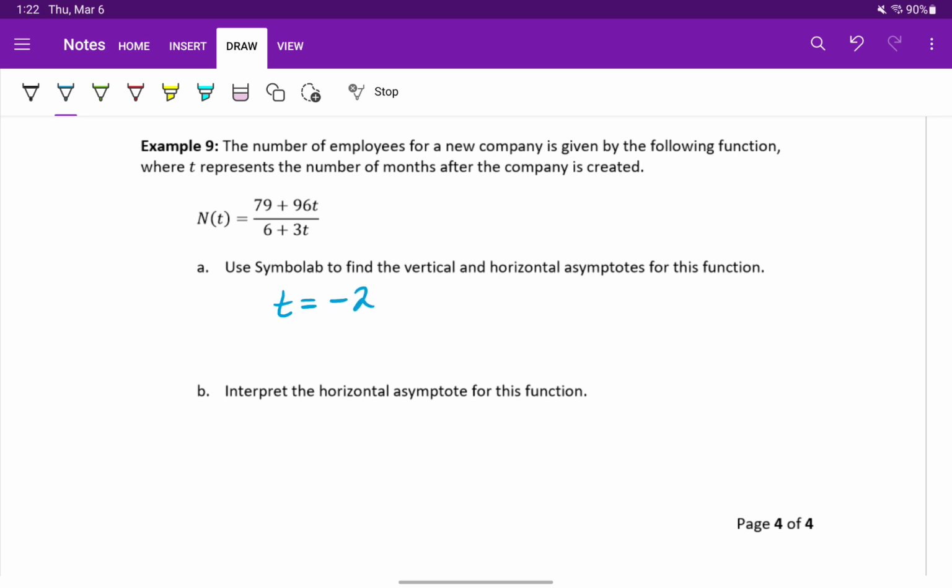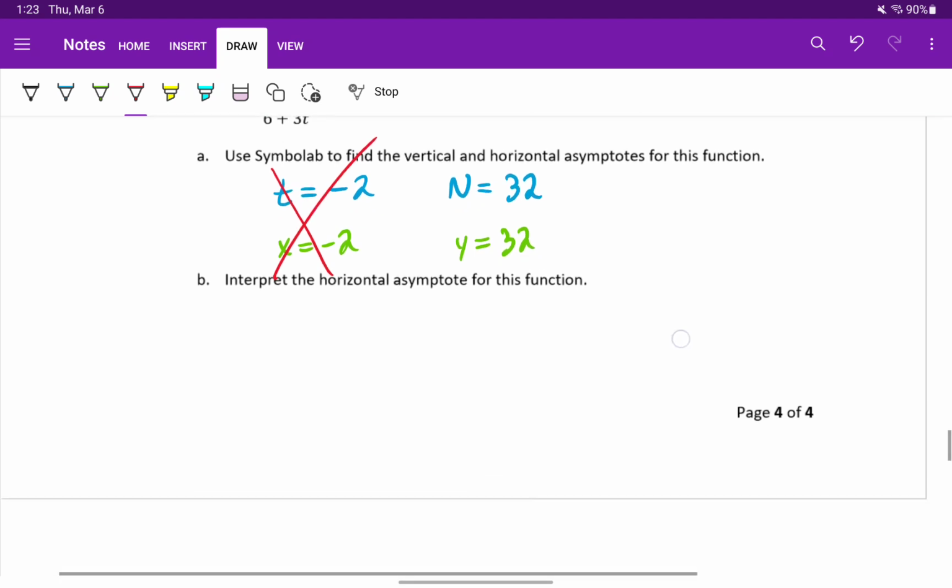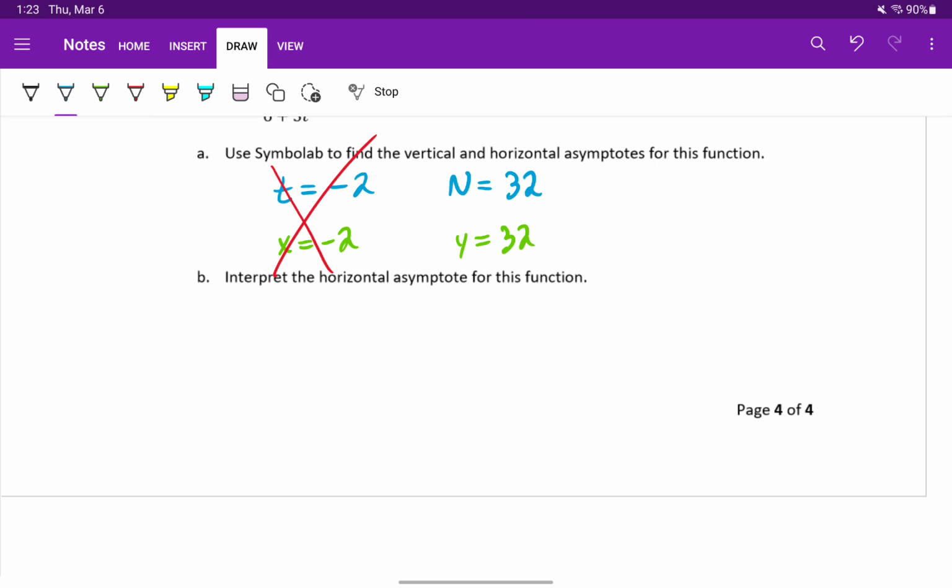Even though it told us y, in this case our y variable is capital N, so that horizontal asymptote would be N equals 32. But this is the same thing as saying we have a vertical asymptote at x equals -2 and a horizontal asymptote at y equals 32. Our vertical asymptote doesn't have a lot of practical meaning in this case, but we can provide an interpretation for the horizontal asymptote. What it's telling us is the model